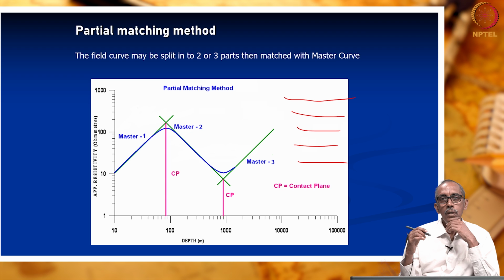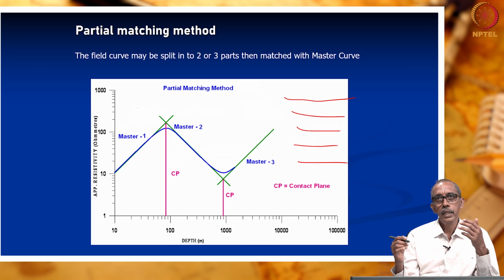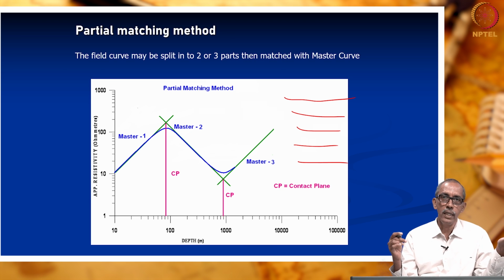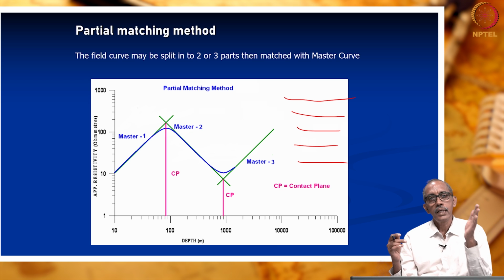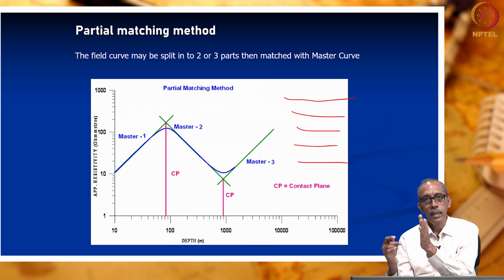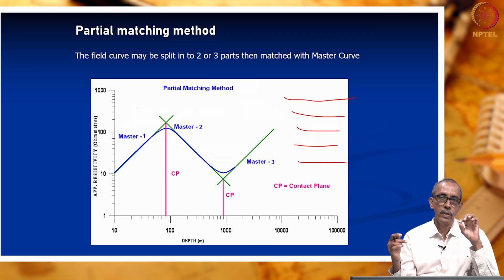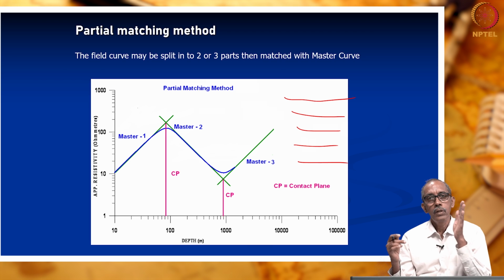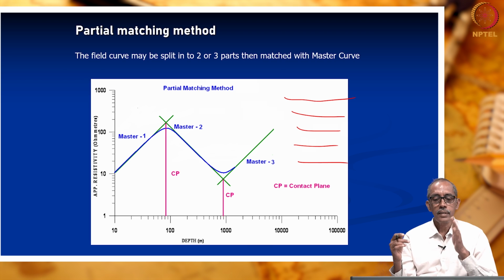Then what we do in partial curve matching is, the curve which we have obtained can be split into 2 or 3 more parts, and each part comprises only 3 layers. So, we can go to the previous method we have seen, that means 3 segments of lines can be matched with the 3 layer case, and then we can shift the curve to the newer location as if that is the origin of the resistivity curve, right. So, you will be able to determine the thickness of the subsequent layers.